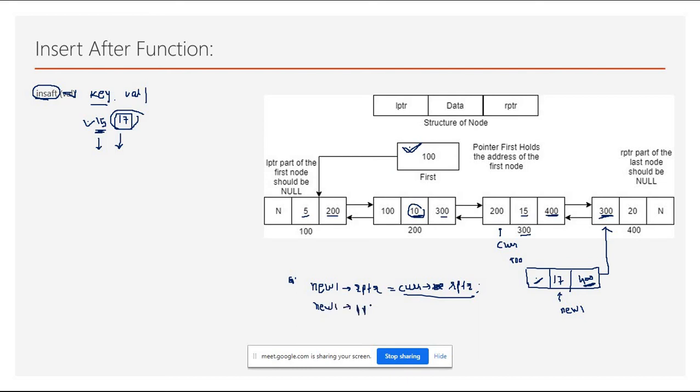New one point to LPTR means this part should be replaced with current, that is 300. So here I will write 300, right? So my link will be established like this.